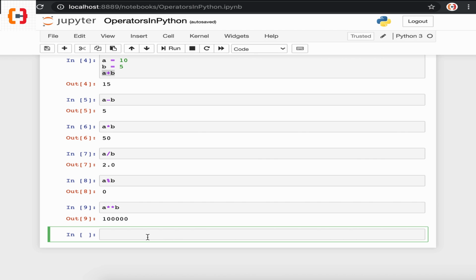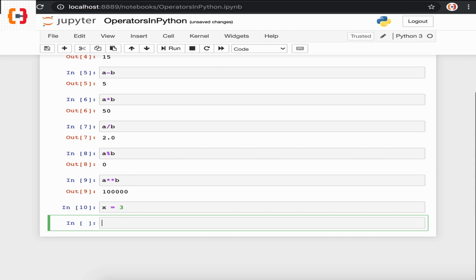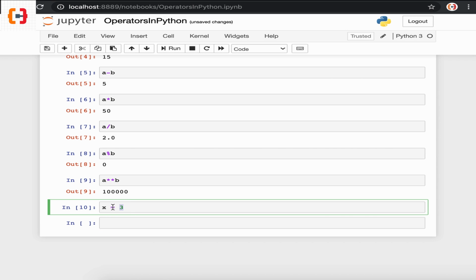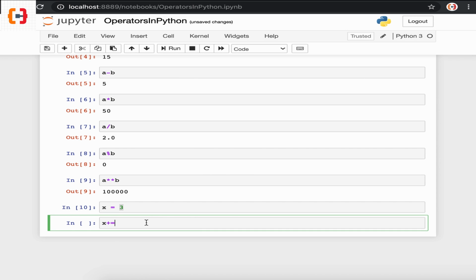Let's jump to our next operator, which is the assignment operator. Assignment operators are used to assign values to a variable. For example, if you define x equals 3 and execute this command, we are assigning the value 3 to the variable x. Take another example of an assignment operator, which is plus equals.